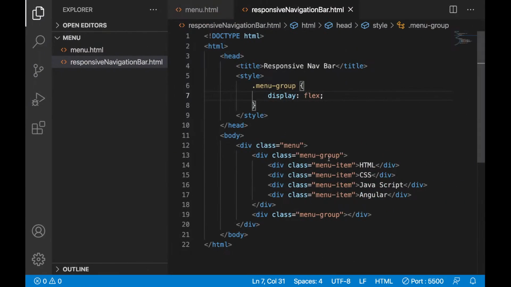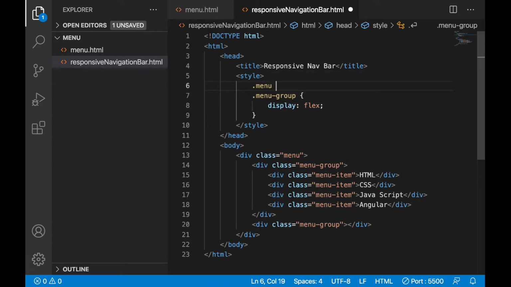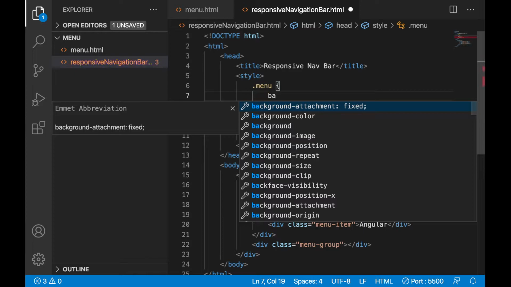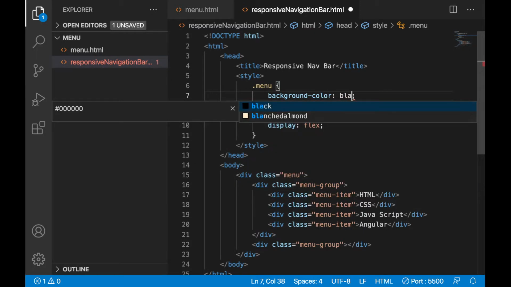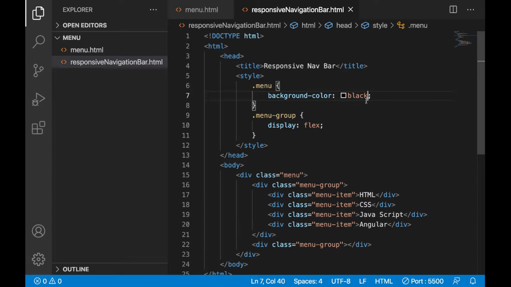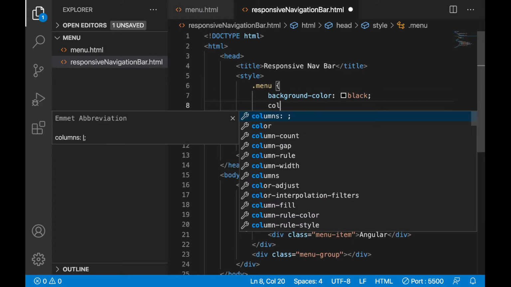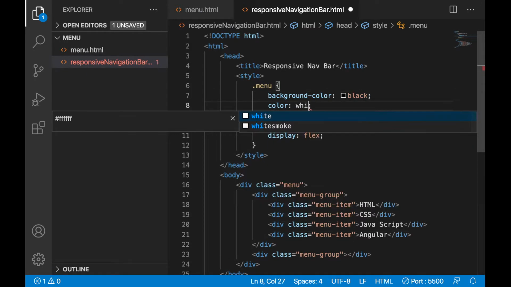Now let's add some background color. I will add the background color for this, so that it applies to both left and right. Background color black. Now it is not visible because the text color and background color are the same. Let's give a different text color, color white.